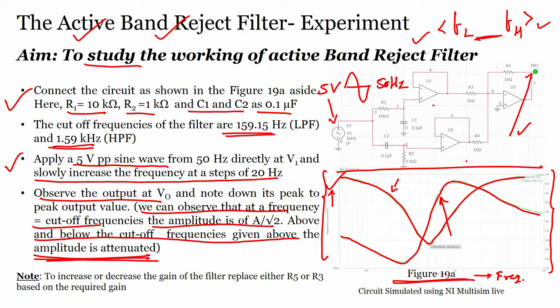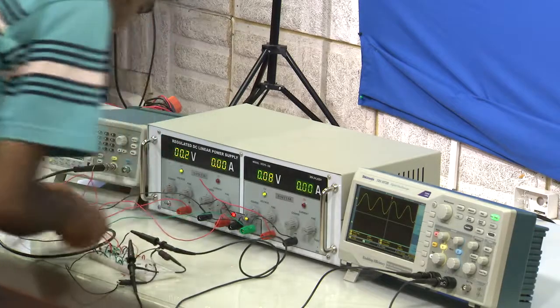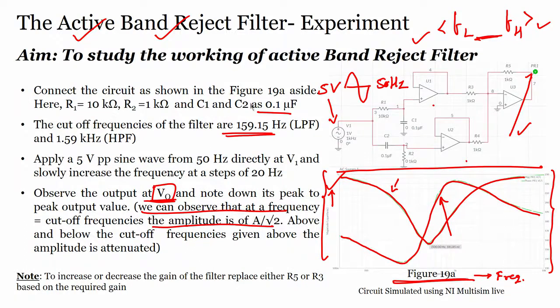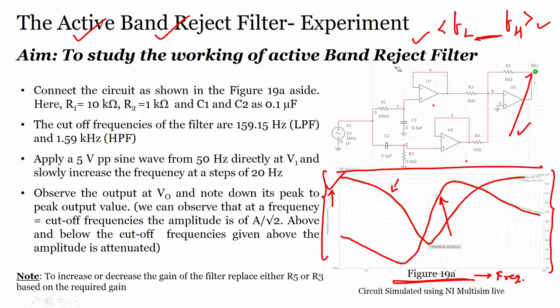So, let us see how our output voltage VO changes when we apply an input voltage of 5 volts peak to peak from our function generator. The voltage that we generate from the function generator we will apply at this particular terminal V1. So, we have to see how the circuit looks and then we will see how it works. Okay, if we come back to the breadboard,